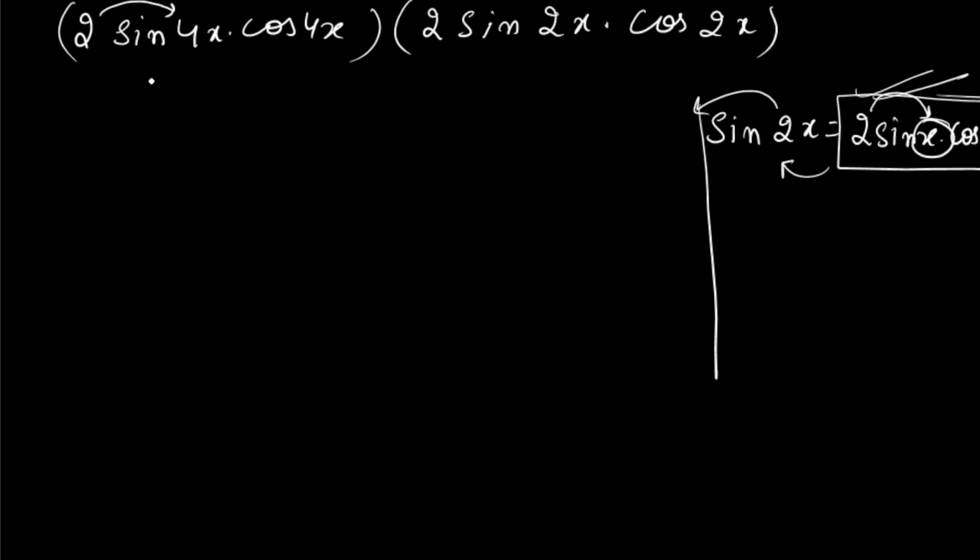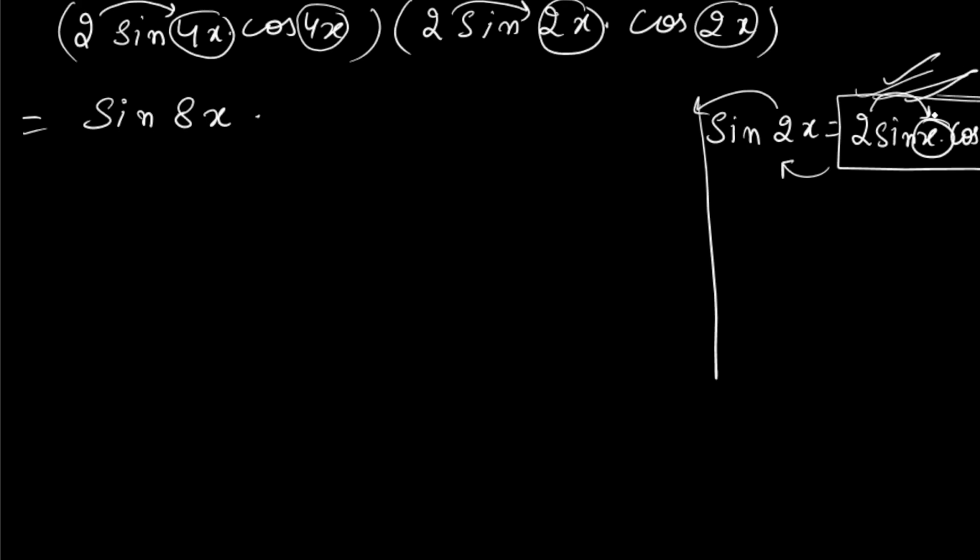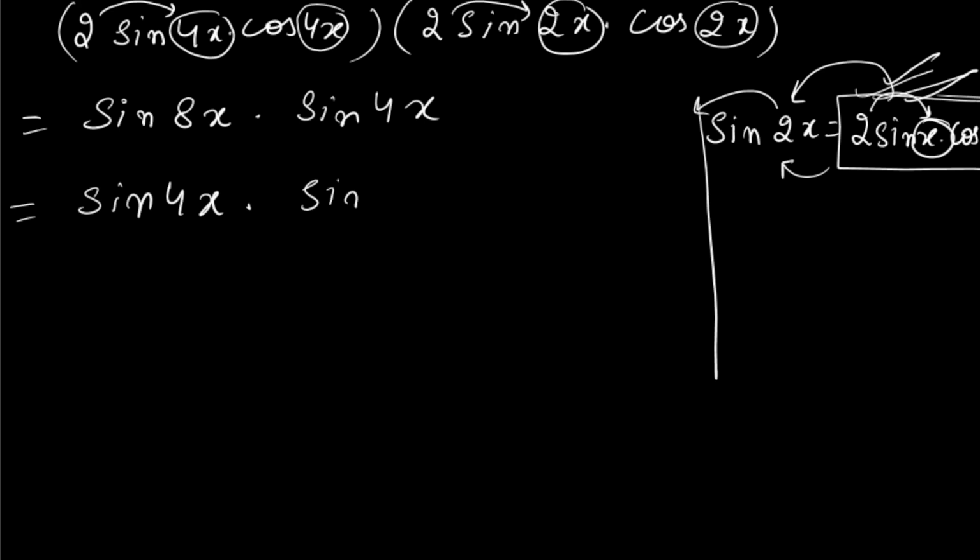So this 2, if we multiply with 4x, because the angle is the same, 4x and 4x, we can write it equal to sine 2 into 4, which is 8, so sine 8x. Into, the same thing here also: 2 with this angle will multiply, as the angle is the same and we have been given this form, 2 sine x cos x. So this we are writing in sine 2x form. How can we write this one? Sine 2 into 2x is 4x. So sine 8x into sine 4x we have gotten. Again a rearrangement we can do, because of multiplication I can write it as sine 4x into sine 8x, which is equal to the right-hand side as well.